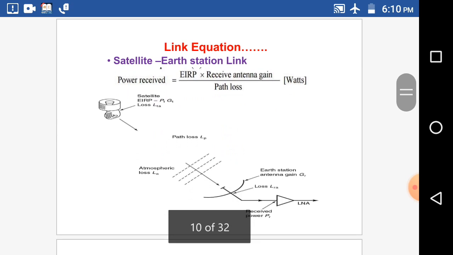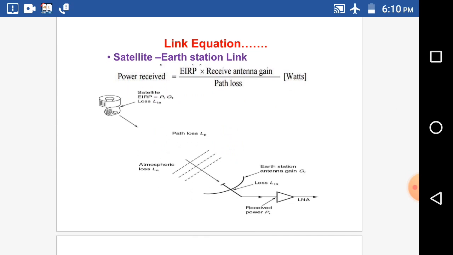Let us see the final equation of the link equation. Let us consider this figure for our reference. This is a downlink between a satellite and a receiver station,